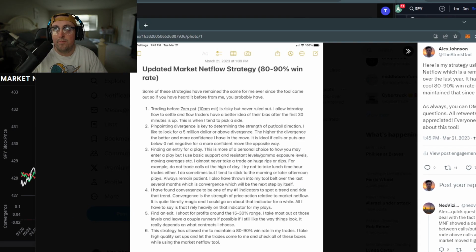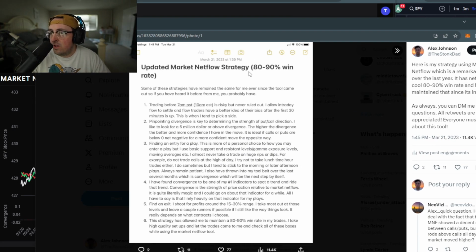There we go. Yeah. So I've been using market net flow and data tools for about 2 years now. This platform has only been out for a little over 2 years, but the market net flow tool has only been out for 2, almost exactly. So this is a strategy that I updated in March 2023, which was how long ago? 7 months ago or so,